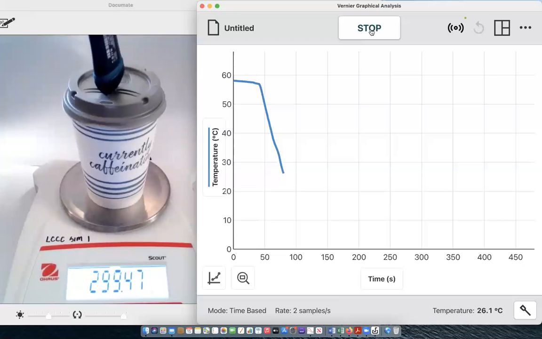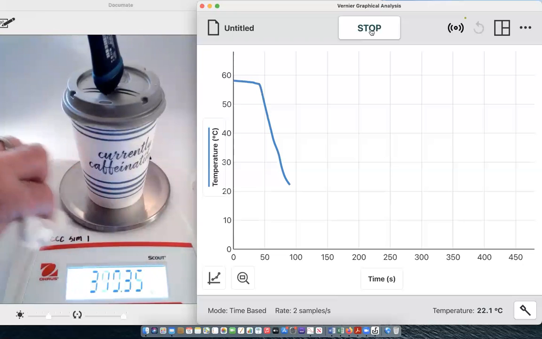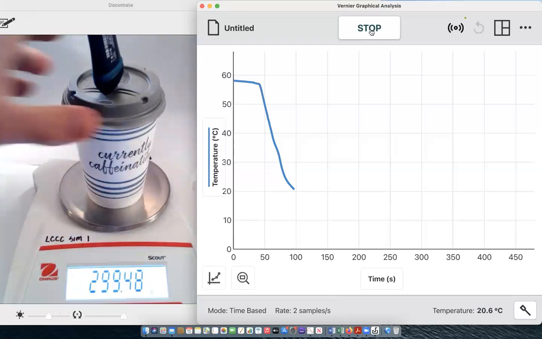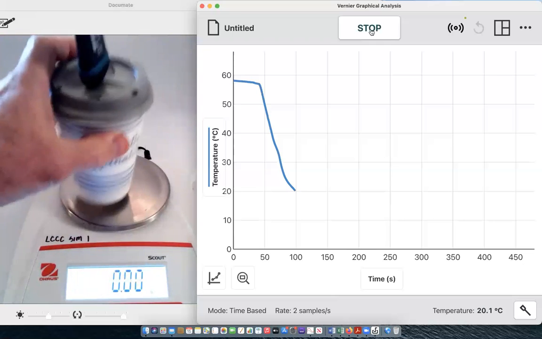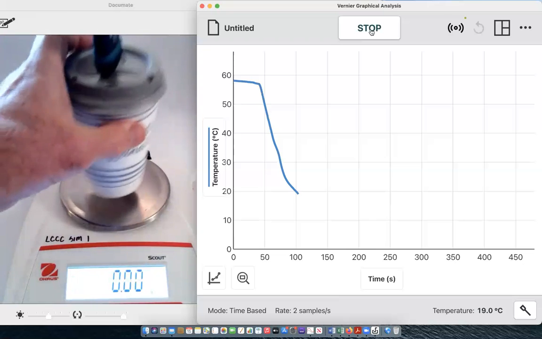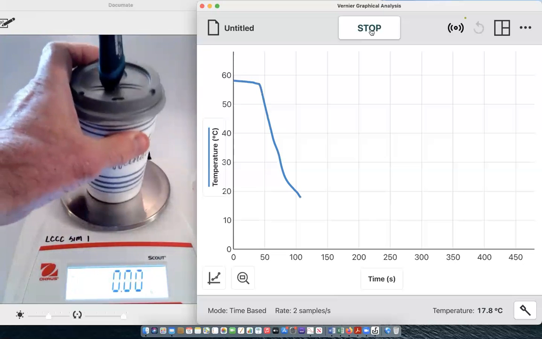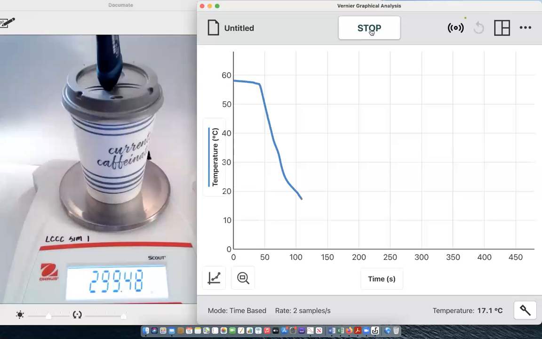I should take note of what my new mass is because I have now just added to it some of the ice that's there. So the new mass looks like it's about 299.47, somewhere in that ballpark. Let me swirl it a little bit more here, try to distribute that heat. If you have a magnetic stir, you can put a stir bar down the bottom and keep stirring this up,